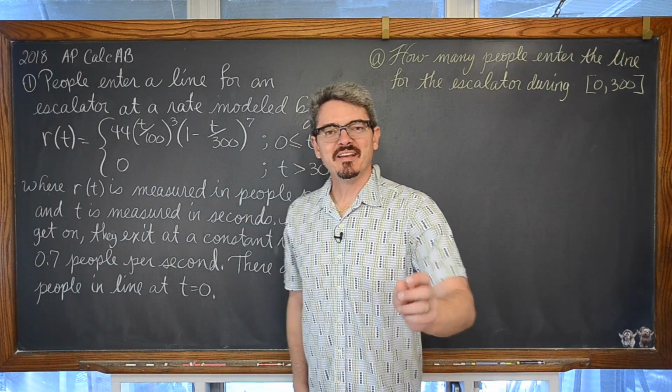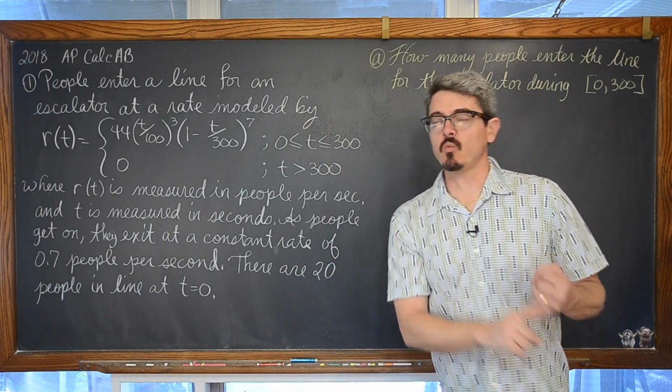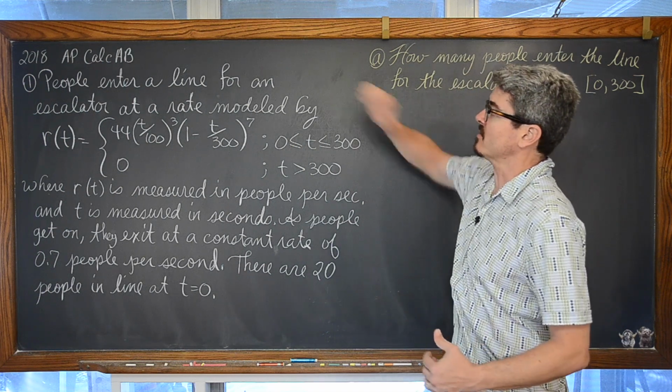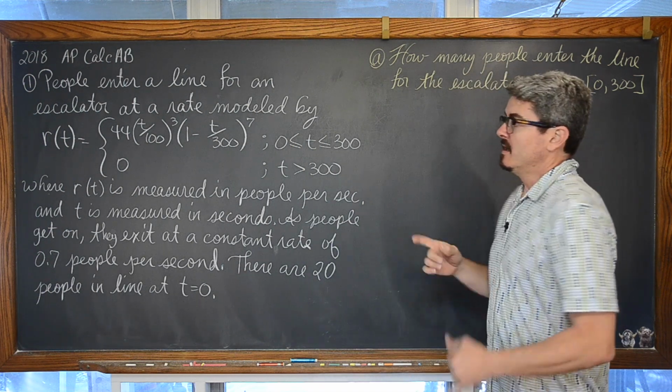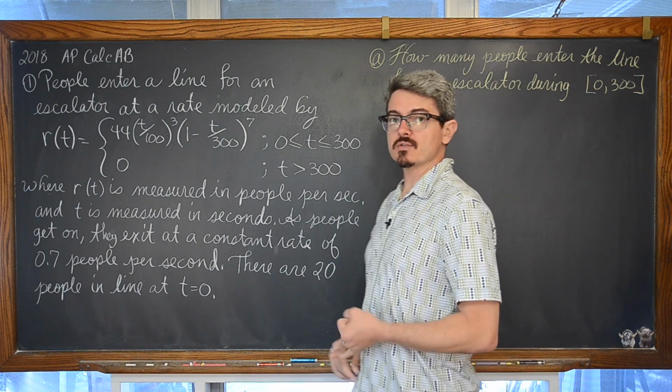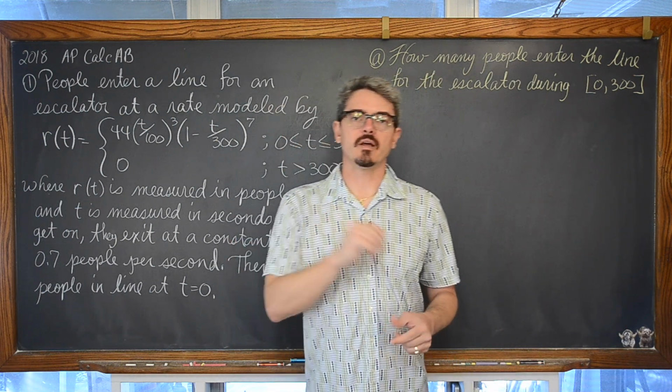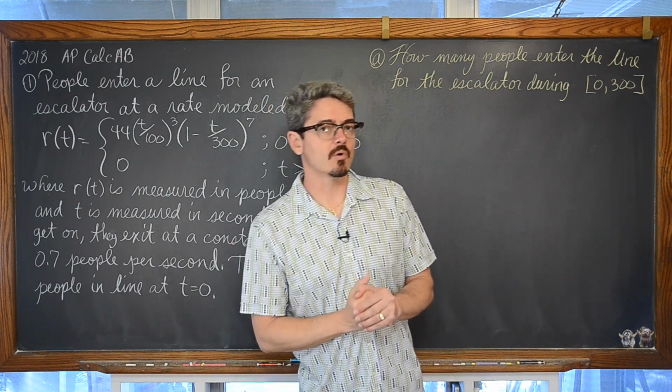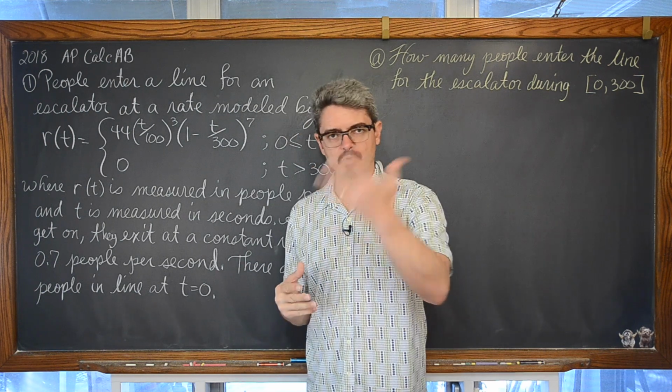Mr. Tarou, in this math lesson, we're going to be taking a look at number 1 from the 2018 AP Calculus AB test. Number 1 and 2 were calculator-based questions, so we'll make sure that you know how to use your graphing calculator. At least I'll be modeling a TI-84, it's probably what you're going to be using.